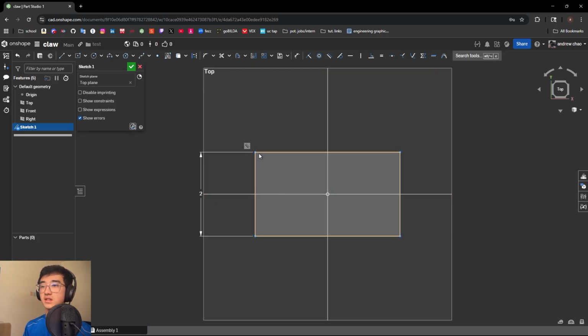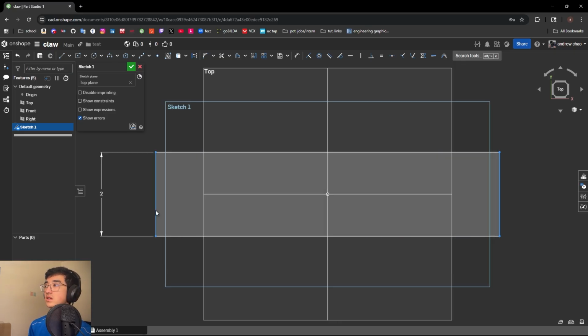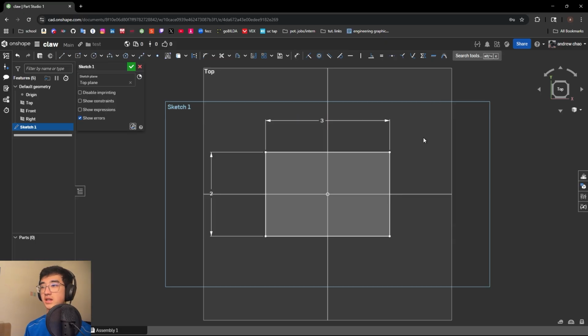And as you see, we cannot move it up, and we cannot increase the height of it, but we can still increase the width because we haven't constrained it to a dimension. So let's do that. We want it 2 by 3, so that's gonna be 3. And now